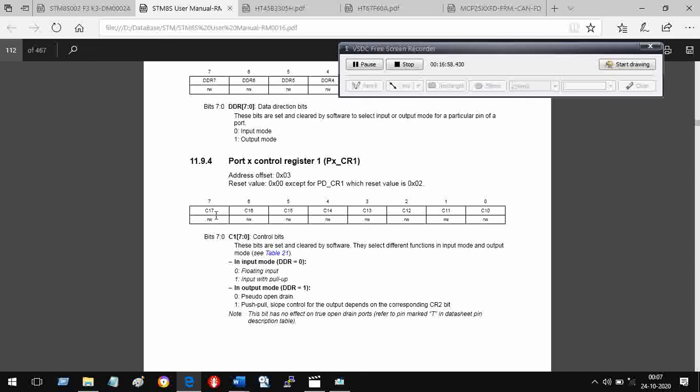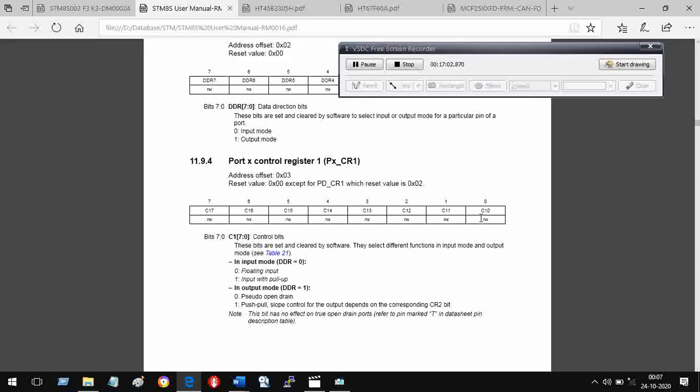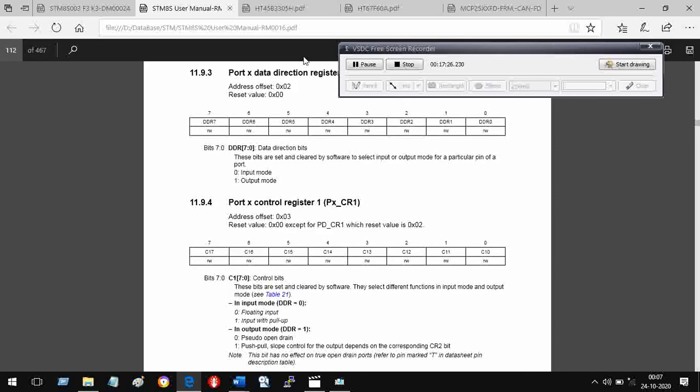If I take this bit 0, and the value here I set as 0, if it is in input mode, then it would mean that it is a floating input, and if I set it 1, it would mean input with some pull-up. And who will decide whether it is input mode or output mode? This register will decide whether it is input or output mode.